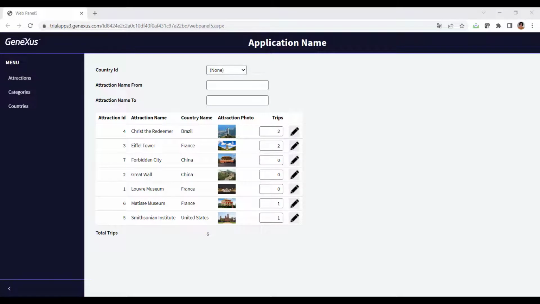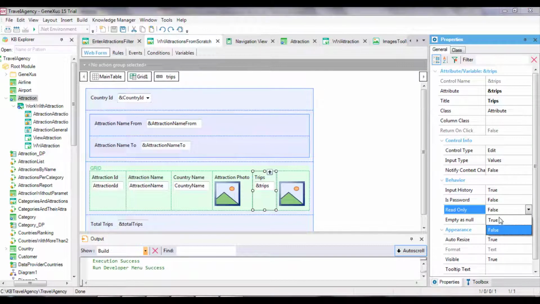First, we see that the column of the trips variable is now editable. We had not defined it as read-only explicitly because we had noticed, upon the execution, that it was already done. As we said, grid variables are first added as read-only except when an event is defined at the line level, as in this case, or under other circumstances that we won't get into now. Let's set it as read-only. And we'll run it again.